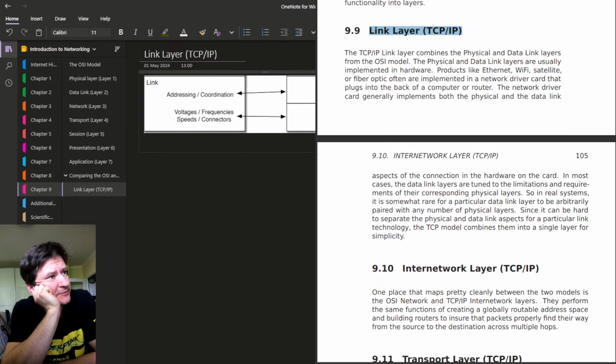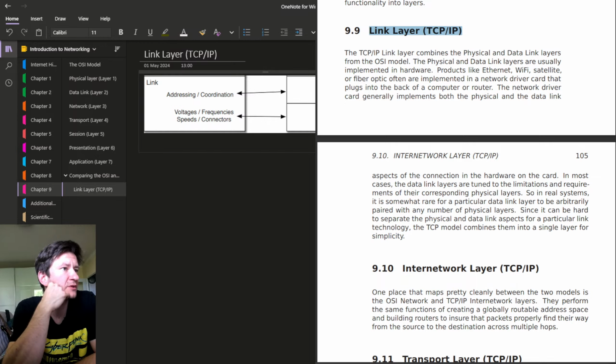Anyway, TCP/IP link layer combines the physical and data link. Physical are usually implemented in hardware. Products like internet, Wi-Fi, satellite, or fiber optic are often implemented in network driver card. The network driver card